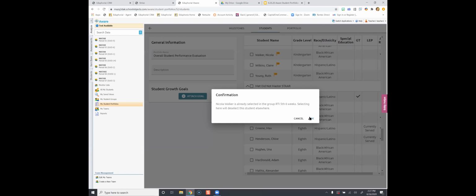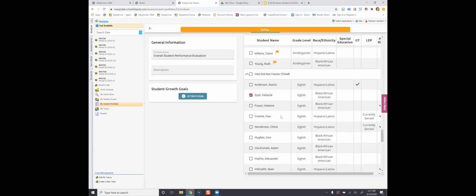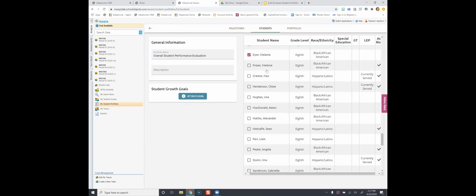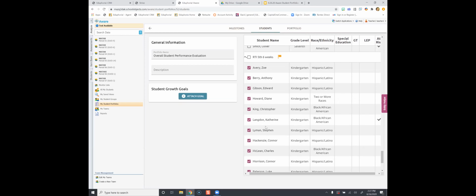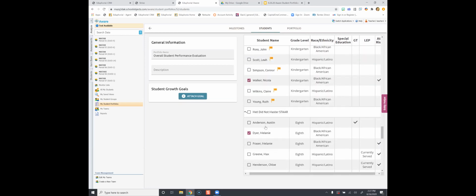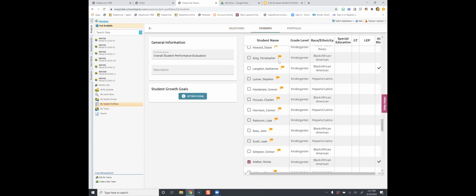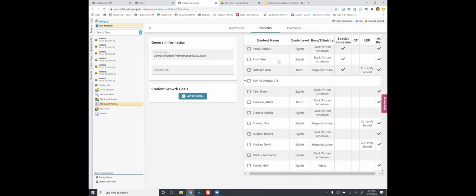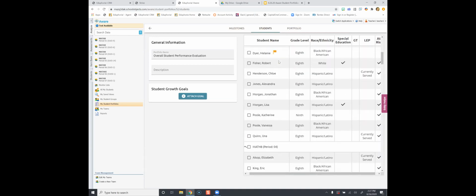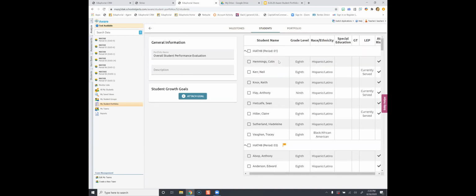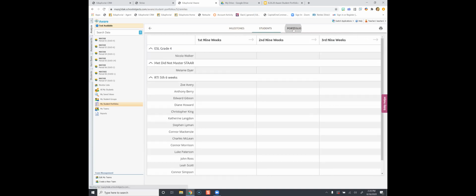amongst my classes. So I clicked on Nicola here, but she was in this RTI group. And so it gave me that little warning. So anybody who has a flag is already in the group. So it looks like I just created my 4th period class for that. But I can see those kiddos that are already added to this portfolio because they have a flag indicated by them. So once I've assigned students to the portfolio, I can go over here to the portfolio tab and I